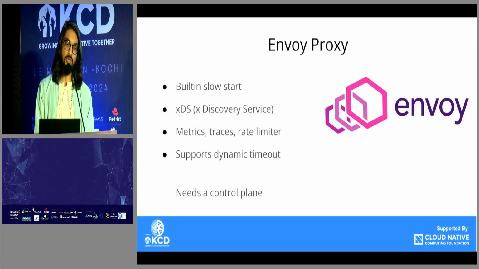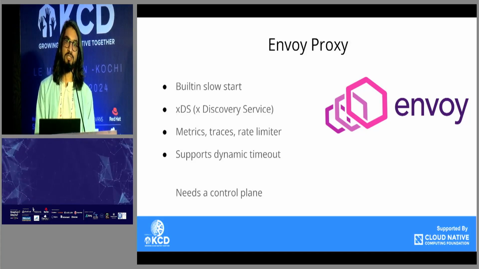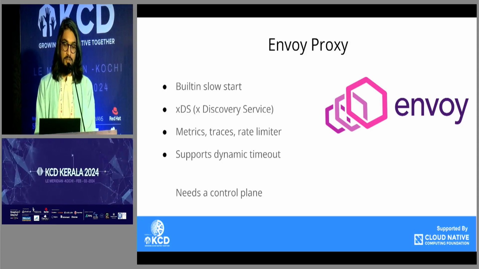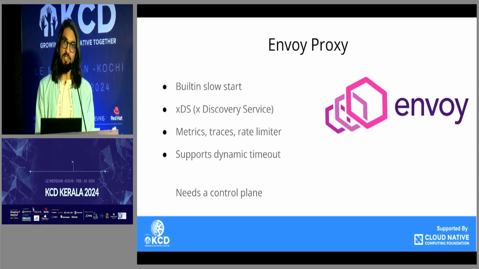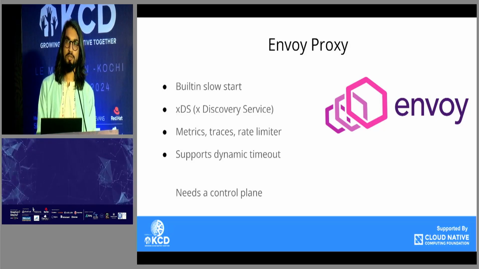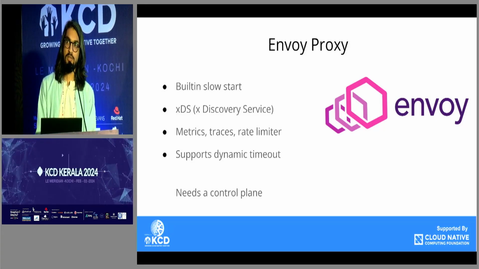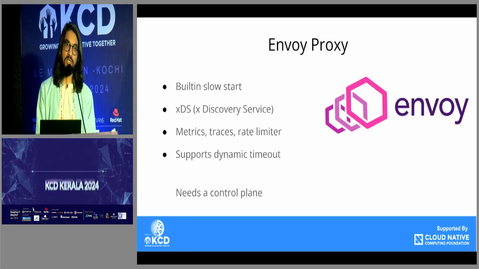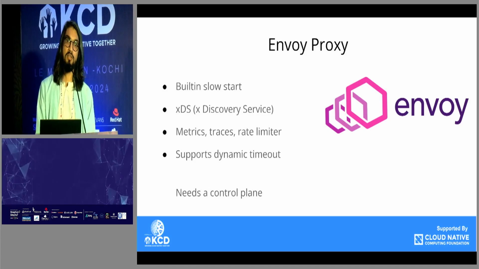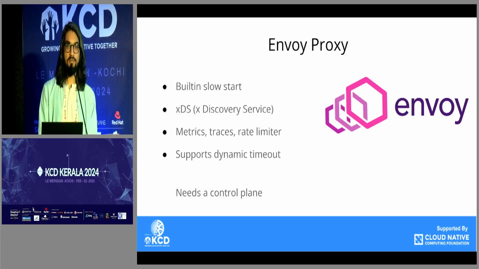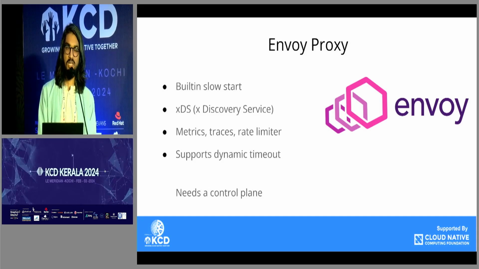But when you drill down, you would want a lot of things to be done with the load balancer. Envoy had a built-in feature called slow start. You configure your backends with a load balancing policy of least connection, and you can give it a number, let's say 120 seconds. It will increase the traffic from 0 to 300 QPS over a span of 120 seconds, in an exponential